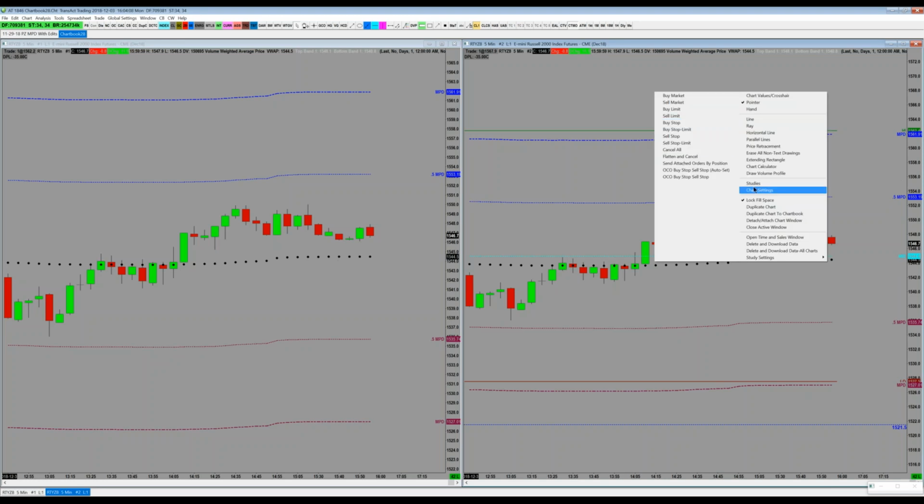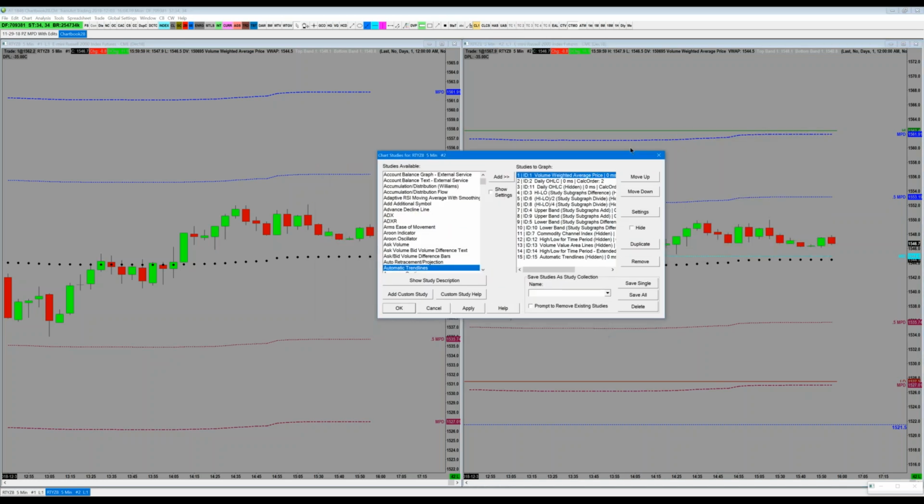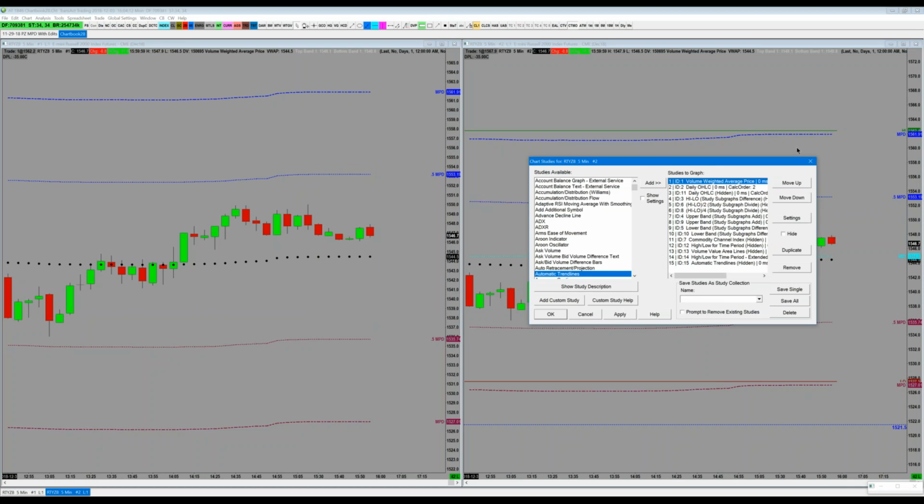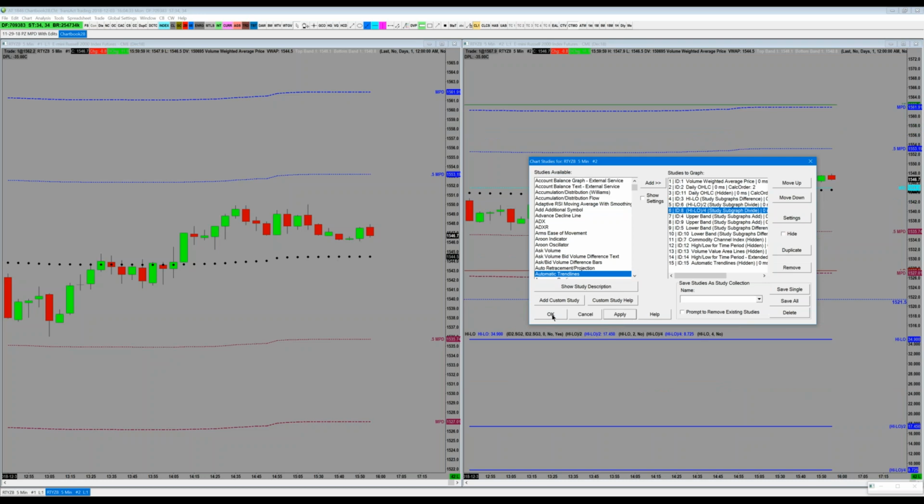All right, so it's important to also know that we're going to basically be using other studies that are what Sierra calls arithmetic-based studies to generate these MPD lines. So the first thing that we have to do is create the range of the day. So I'm going to unhide this study here, and this one here, and this one here, and you're going to see these things show up at the bottom of the screen.